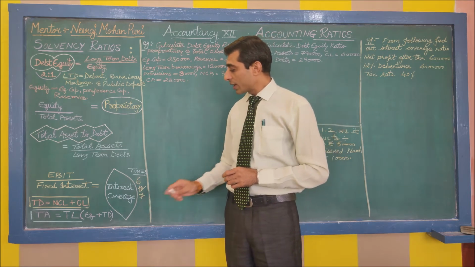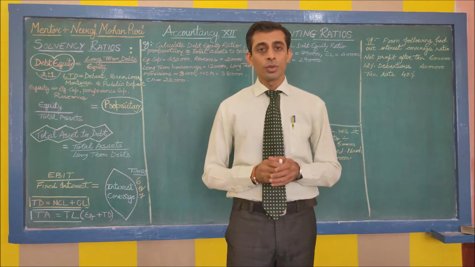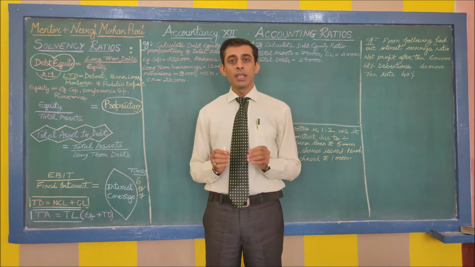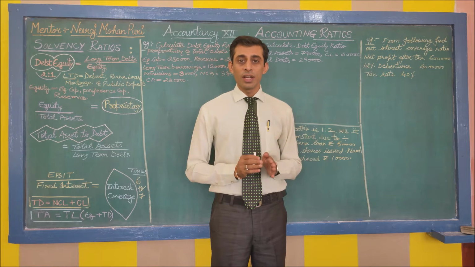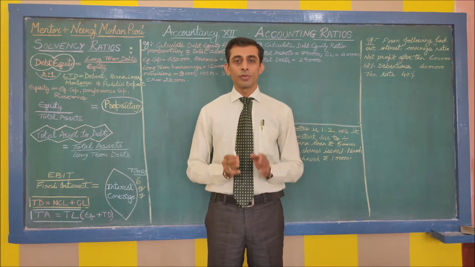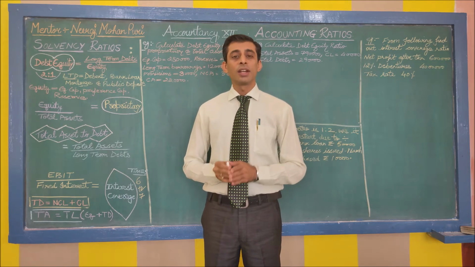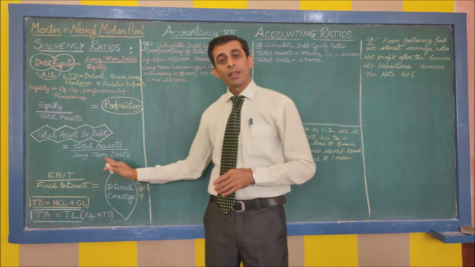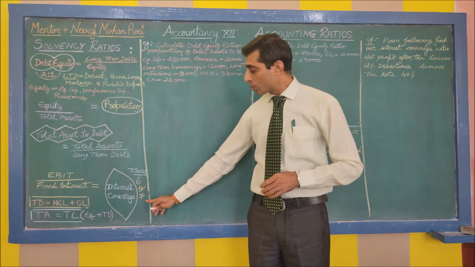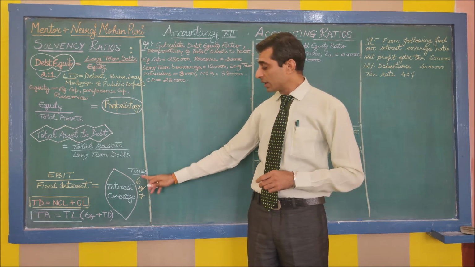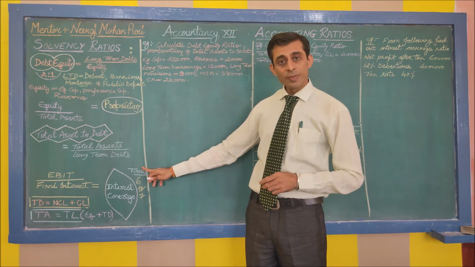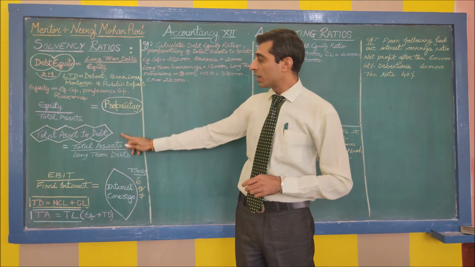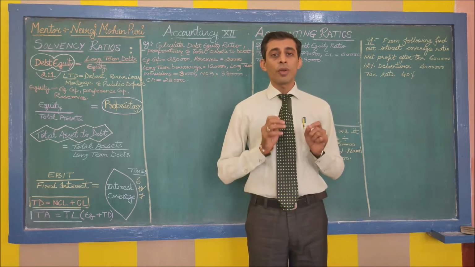Moving on to the last category, that is interest coverage ratio. Formula for interest coverage ratio is EBIT, that is called earnings or net profit before interest and tax, divided by fixed interest. And keep in mind, this ratio is always in terms of times. Its answer will always be given in times, whereas for these three, the answer would be in terms of absolute